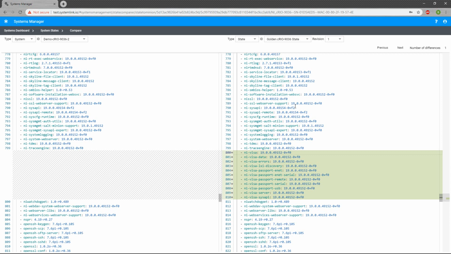And so what I know is that this Golden cRIO, the cRIO that we used to create the state, had the VISA driver installed on it, and the demo cRIO 9036 did not have that VISA driver, and so that's the one difference that we see. If there were any packages installed in the demo cRIO 9036 target, what we would see is along the left side, we would see some items highlighted in red instead of in green like what they are shown on the right. So here we have figured out that our second demo cRIO doesn't have the VISA driver on it,